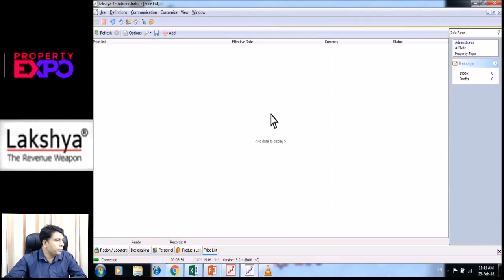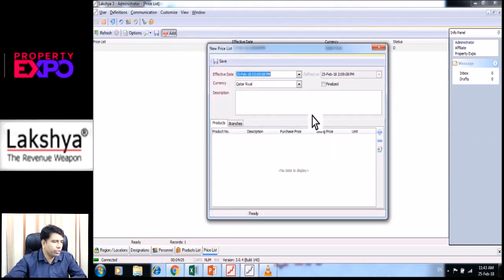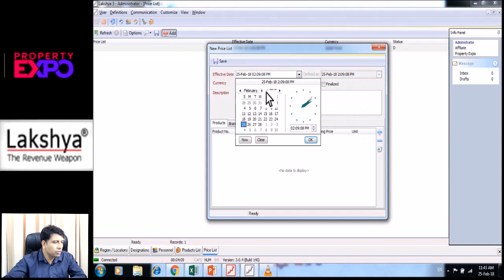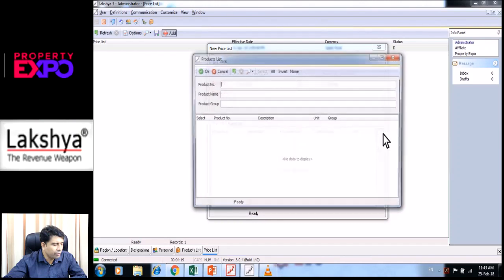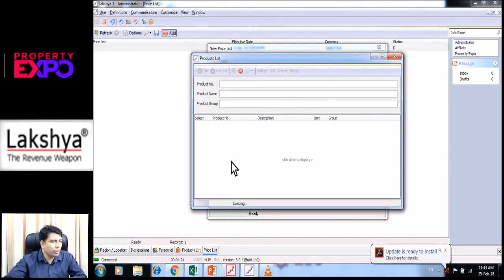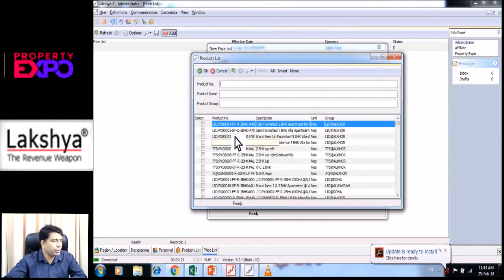For defining a property price, click on the add button. Enter an effective date from which this price will be effective. You can see from April. The currency, the description, a basic definition is enough. Select the property by clicking on the add button. You can refresh and all the properties will load up. If you have the nomenclature or property ID of any specific property, you can type that in and then refresh. Select the property,